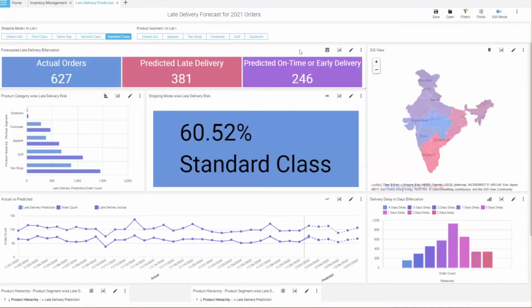Okay. The next question is, how is this any different from the standard PBI functions? For example, in the analytical section, PBI has key influencers, what-if, etc. capabilities as well. How is this different?